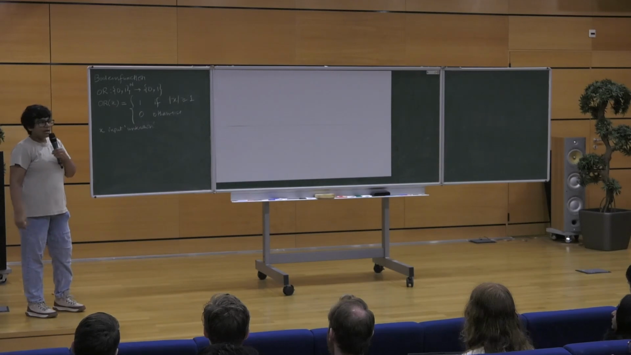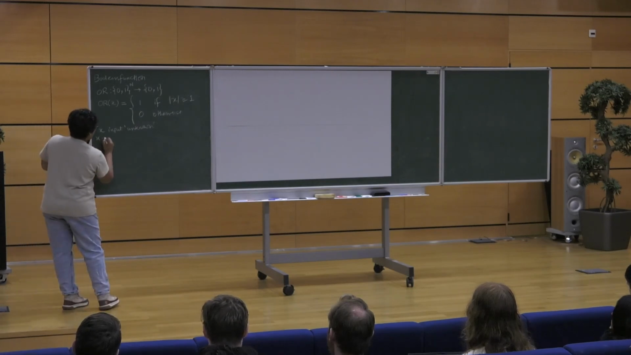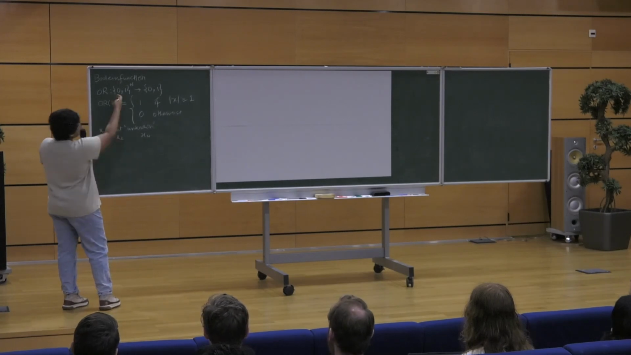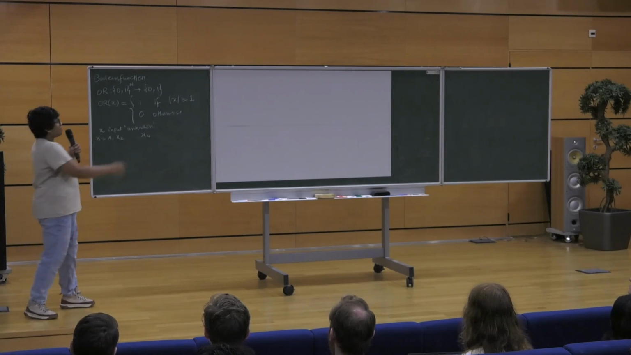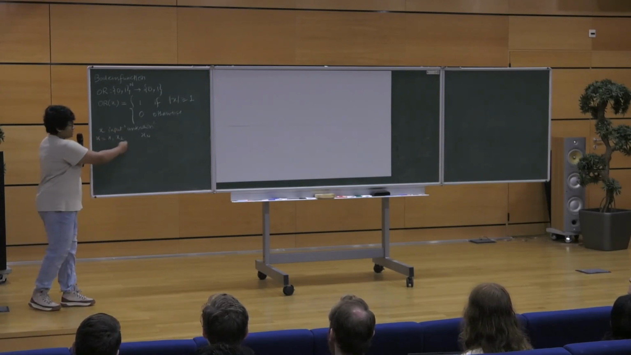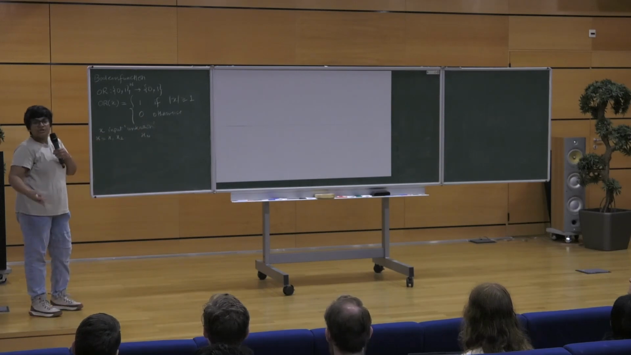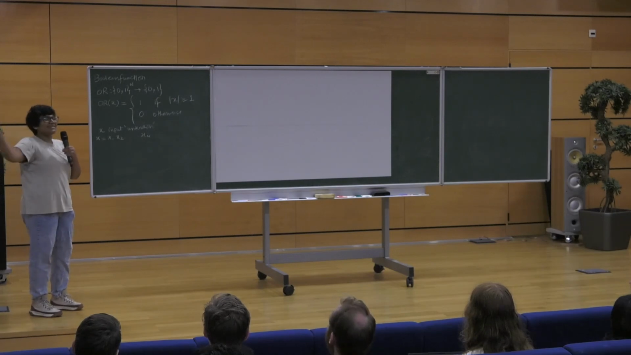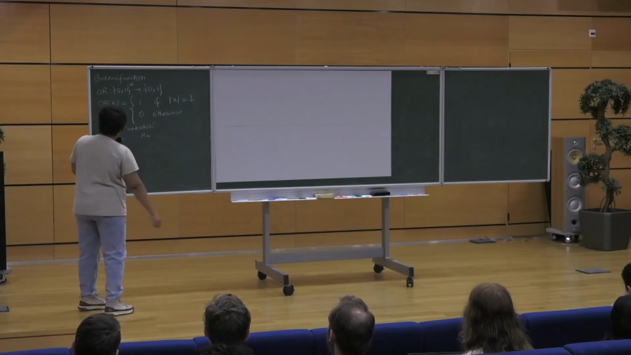Now, this input is a capital N bits long string, right? The OR function is defined on this domain, so these are all capital N bit strings. So I'm giving you an input x, which has n bits. And now I want to compute OR of x. That's the task, okay? And when I say I want to compute, I want my computer to compute that value,